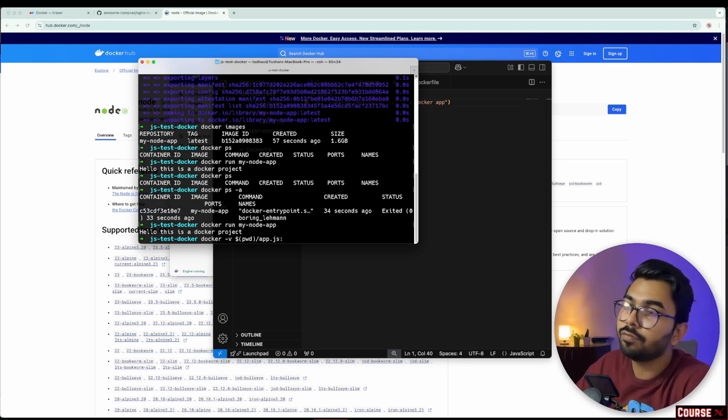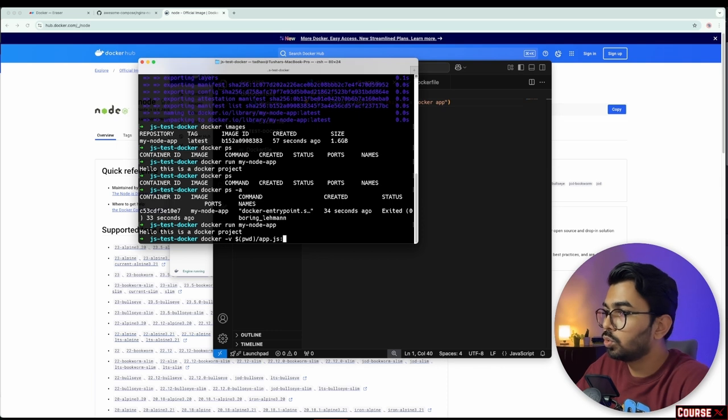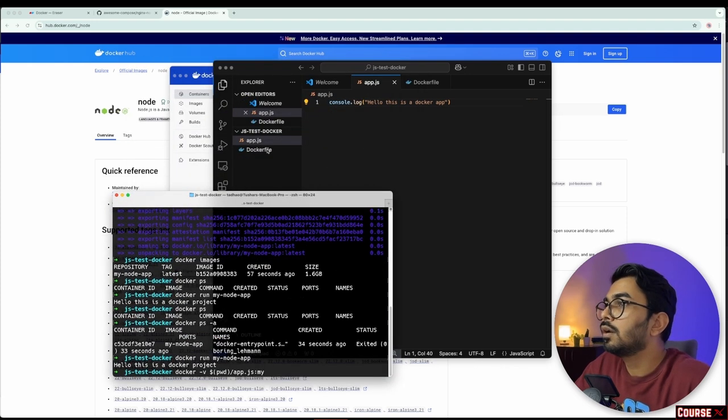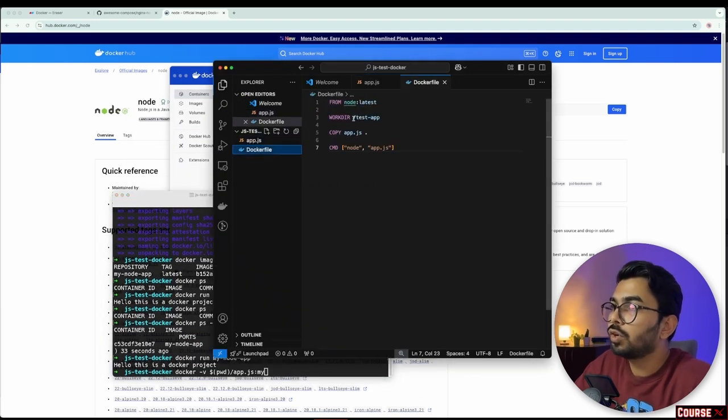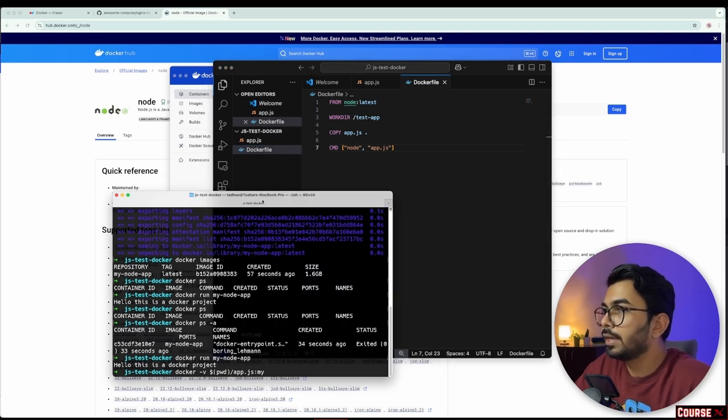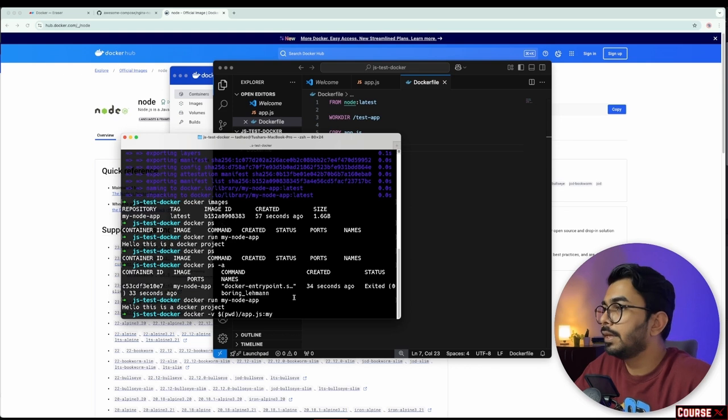The right hand side will be the docker container path. So I can give something like my work directory. Our work directory is test-app, so I can say probably test-app and slash